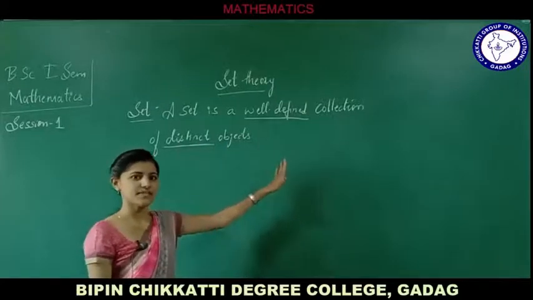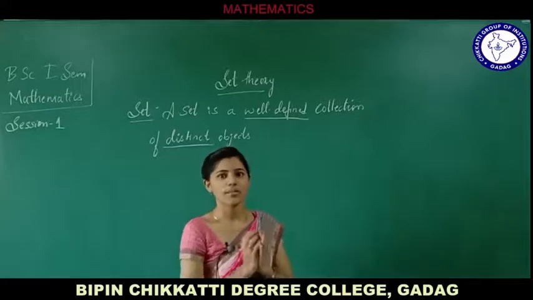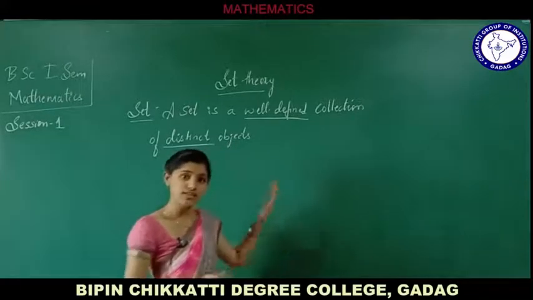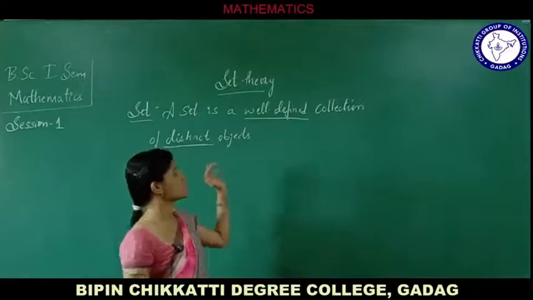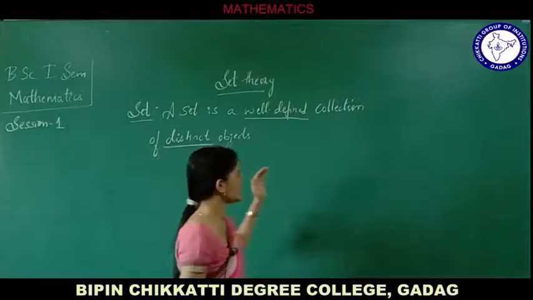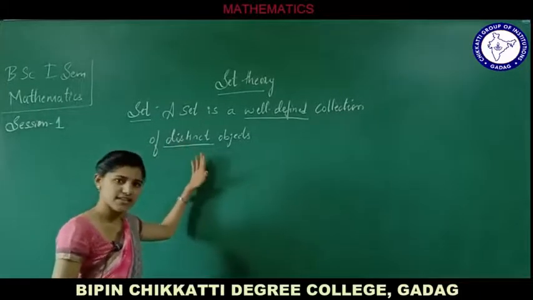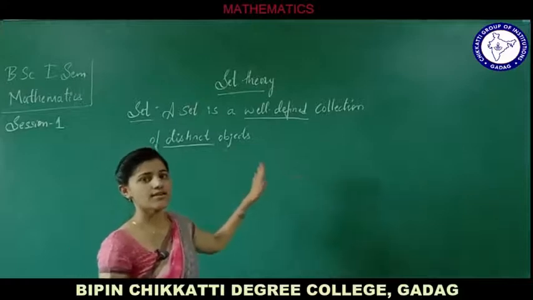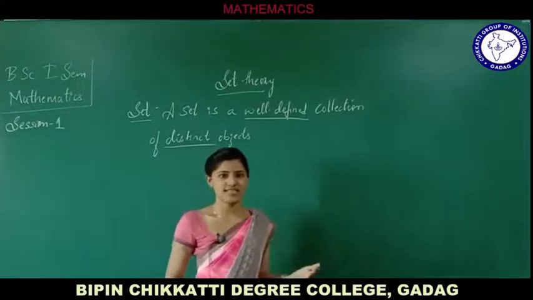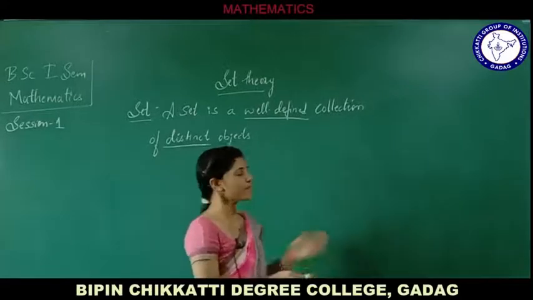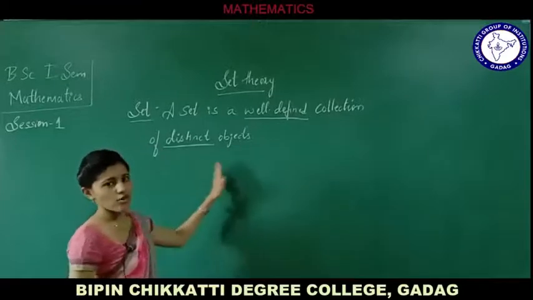Well-defined is nothing but we are defining sets under certain rule, and that rule is if the terms or elements satisfy the rule, then only we are going to say that it is a set. And then what do we mean by distinct objects? Distinct objects is nothing but the terms are not repeated again and again. It is used only once. Hence we can define a set as a well-defined collection of distinct objects.